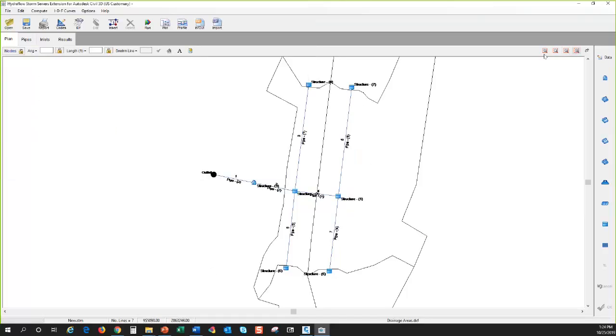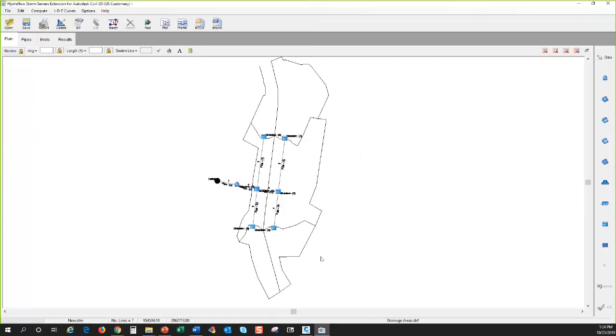Once I have a background in here, I can use this, which zooms to the extents of the background. So that kind of zooms out to that, so you can see the full background. And that's basically everything in plan view,